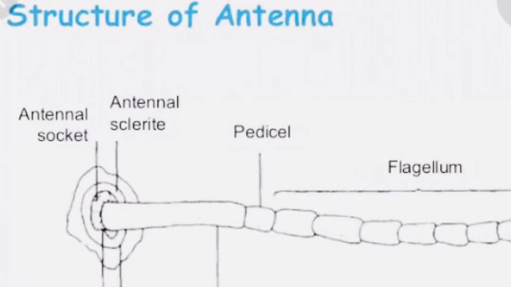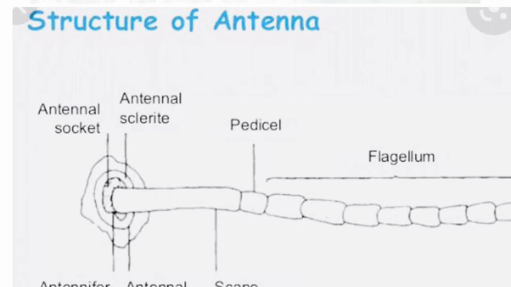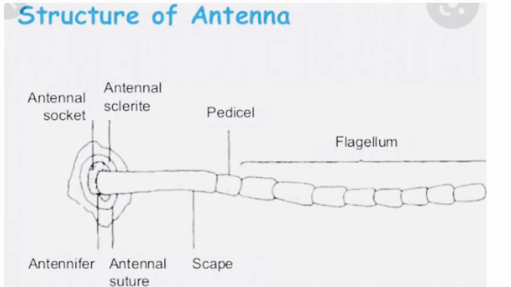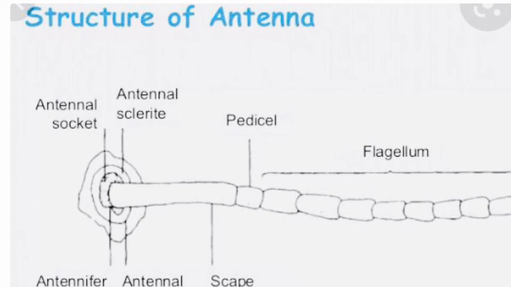The typical structure of insect antennae consists of three parts. They are the scape, pedicel and flagellum. The scape is the elongated first segment of the antennae. The pedicel is the smallest second segment, and the remaining segments from the third segment onwards are together called the flagellum. Here, different types of insects possess different types of antennae based on the function. So let us see what are the various types of antennae present.